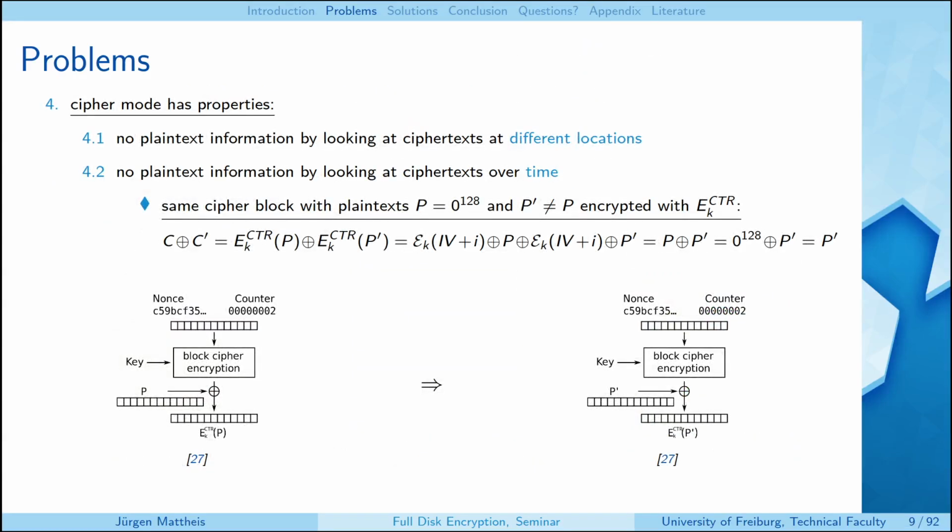Then the next desirable property is that no plaintext information, and also plaintext similarities, are hidden over time. Many cipher modes don't satisfy this property. A really bad example is the counter mode. The counter mode has this